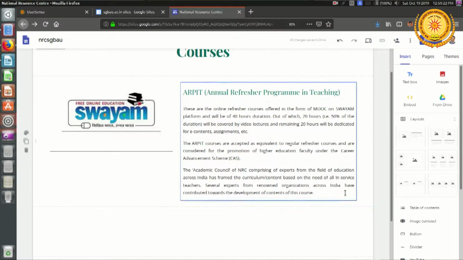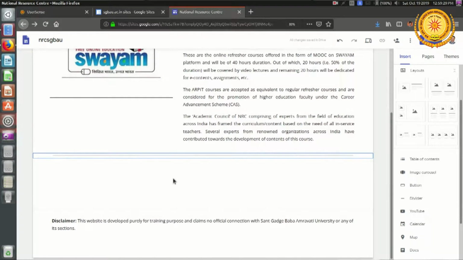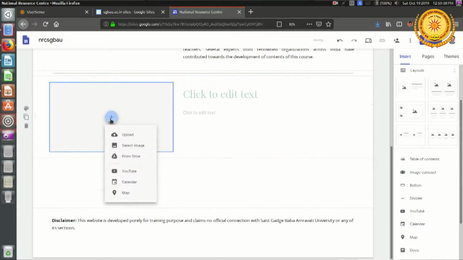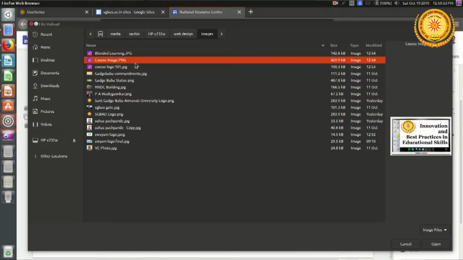One part is completed, so I just want to put a divider before the next part. So click on that divider, a divider will appear here. What I want to do is, now I want to display another piece of information. So the same layout, clicking on plus will let me upload the image, the second image that I would be uploading for the ARPIT 2018 course, and that image is stored as course image. So okay,